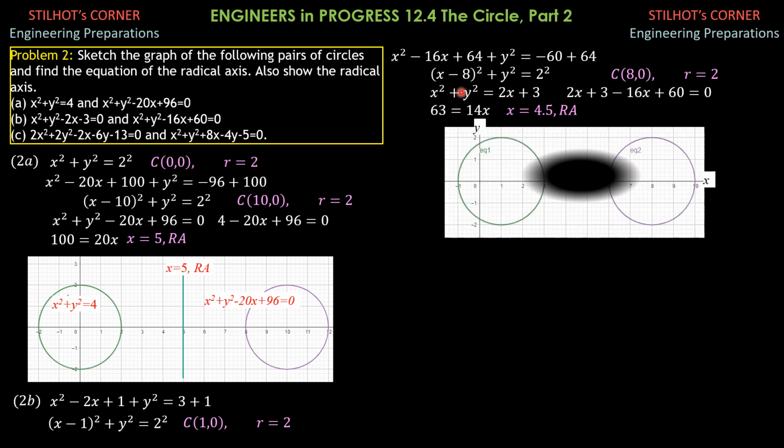So we then sketch the circles. This is the circle with center at (1, 0) here, and the radius is 2 units. This is the circle with center at (8, 0) and radius 2 also, obviously. And this is the line of centers between them. So this is the perpendicular bisector of the line of centers. It passes through this, between 4 and 5, x is 4.5.